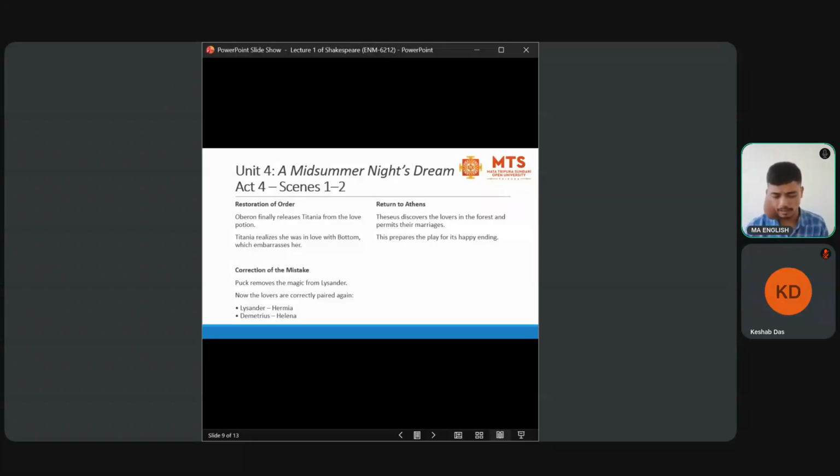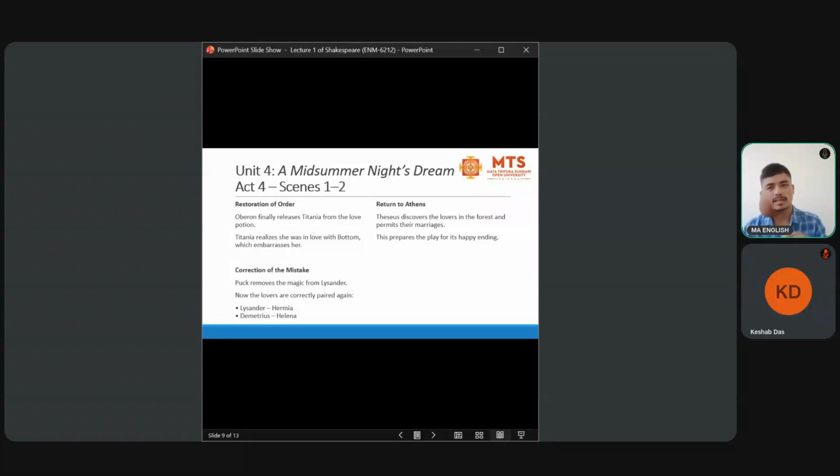So the music begins to be undone. Order starts to return, right? So this is the turning point of the play. The moment when the storm begins to settle. So let us begin with